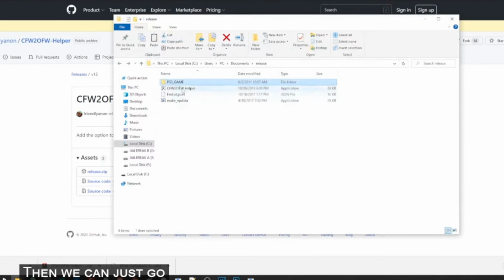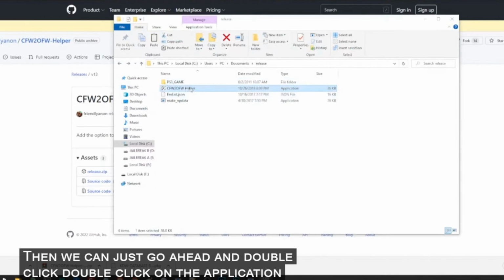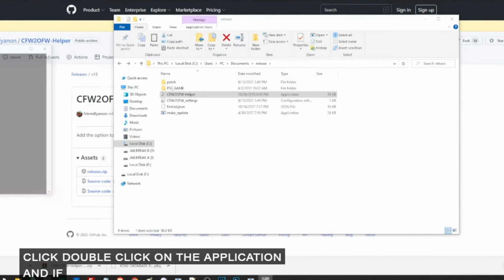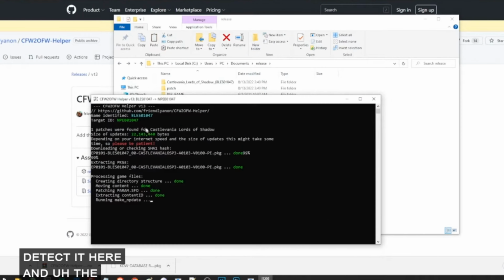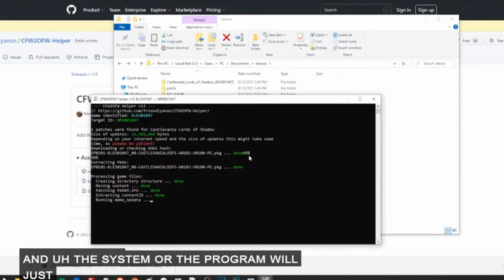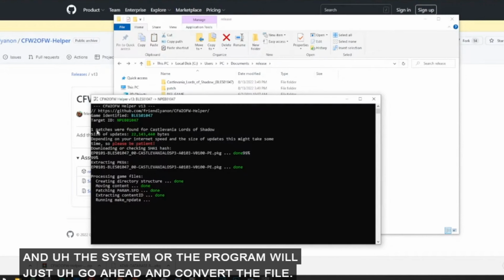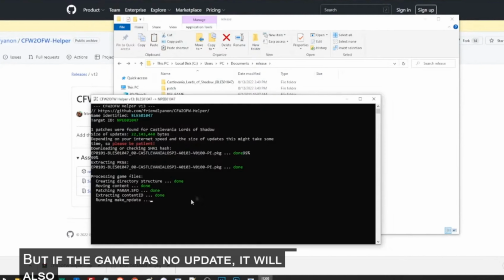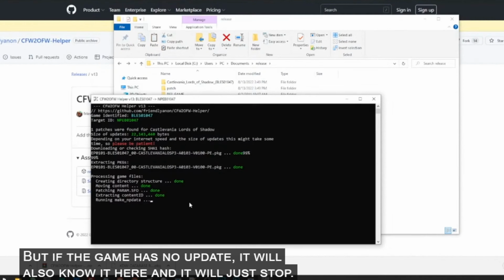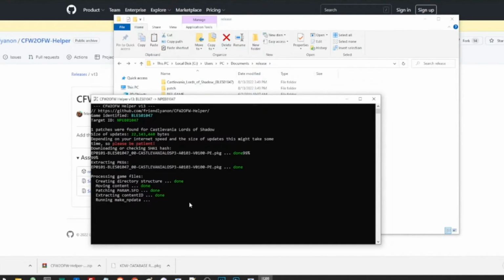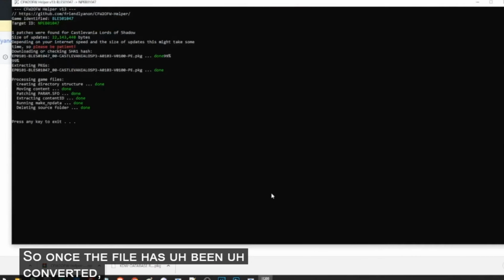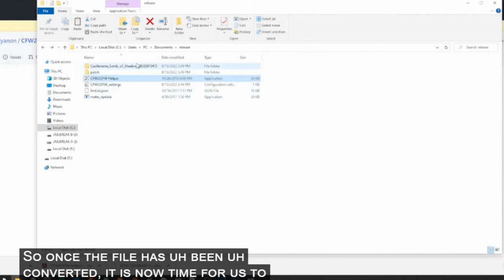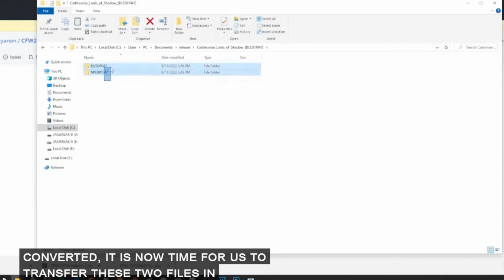Then we can just go ahead and double click on the application. And if the game has an update, it will detect it here, and the system or the program will just go ahead and convert the file. But if the game has no update, you will also know it here, and it will just stop. So once the file has been converted, it is now time for us to transfer these two files in our